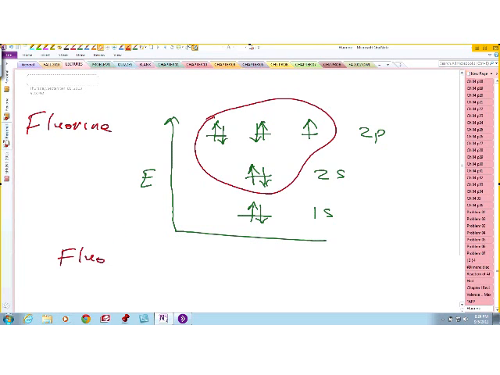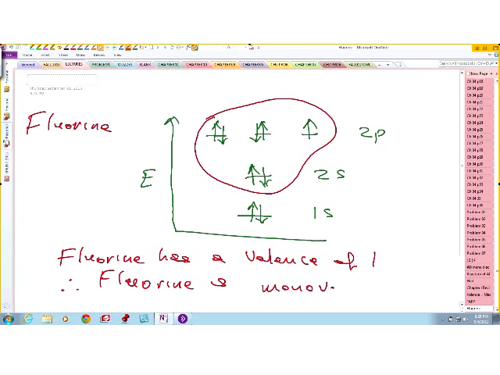Okay, so fluorine has a valence of 1. Therefore, it is monovalent. Okay, finally, before we move on,